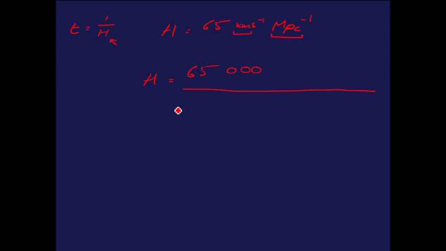Let's start at the start. Well, it's mega, so it's 10 to the 6. A parsec is 3.26 light years, and of course a light year is the distance light travels in 1 year. So the speed of light is 3 times 10 to the 8, and the time it's going to travel is a year in seconds, which is 365 times 24 hours in a day times 3,600 seconds in an hour. When you do all this, this value comes out to roughly 2.11 times 10 to the -18